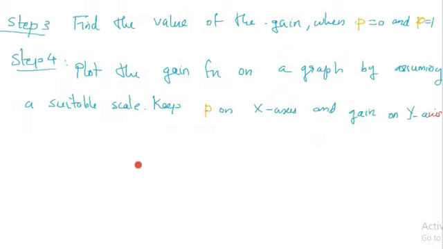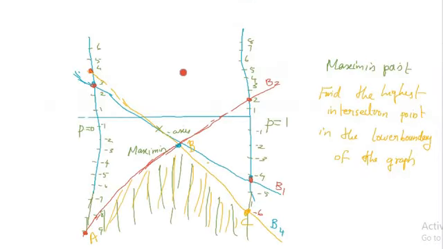Now we move on to step 3. Find the value of the gain when P equals 0 and P equals 1. After that, plot the gain function on a graph by assuming a suitable scale. Keep P on the x-axis and gain on the y-axis. From the graph, we can see that